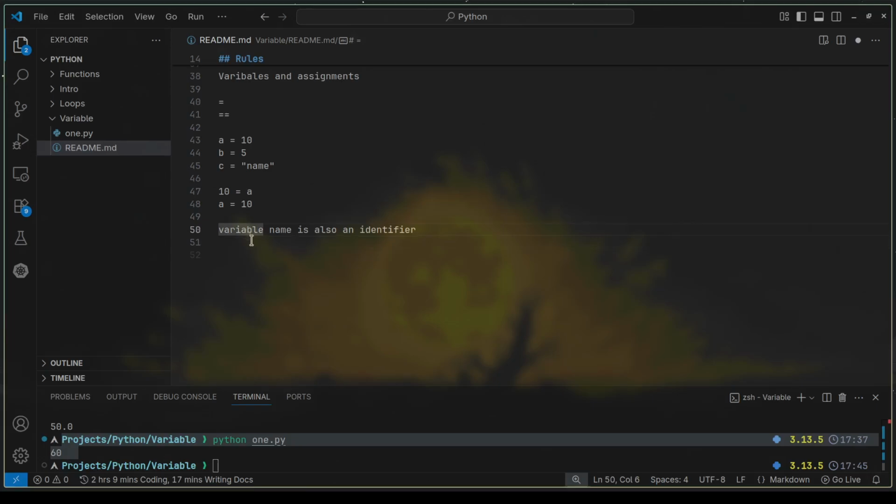So to start us off, we have this new word we had not used initially. It's an identifier. So identifier is also a variable name, and a variable name is also known as an identifier. Basically, they are one and the same thing. Identifier has the same rules as we had mentioned initially,